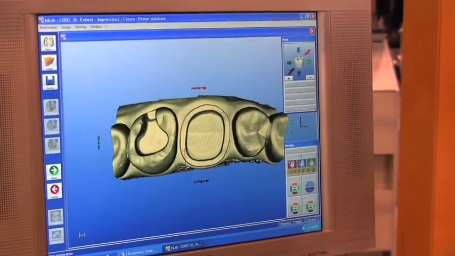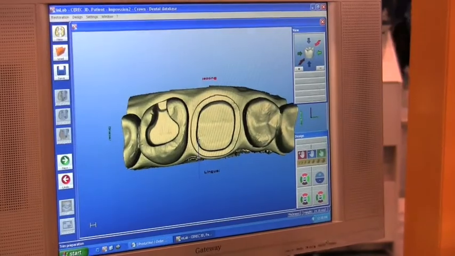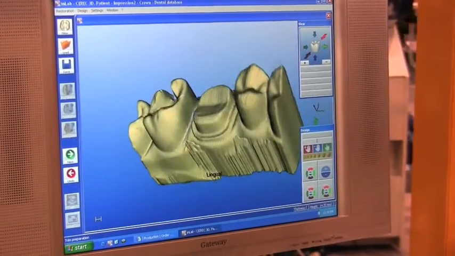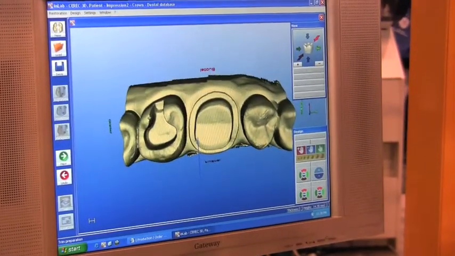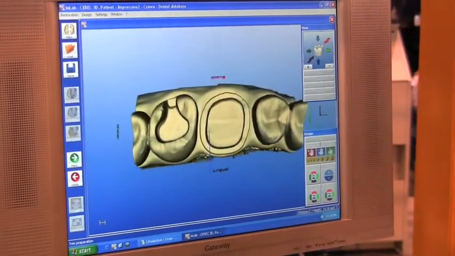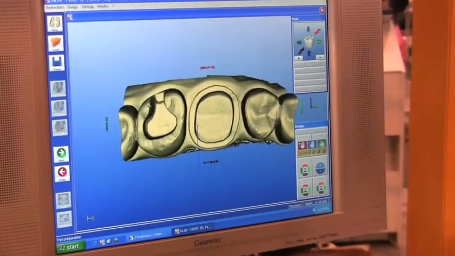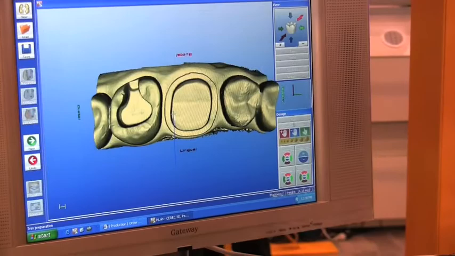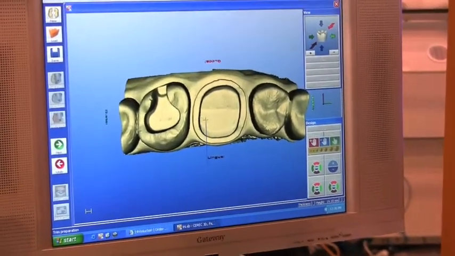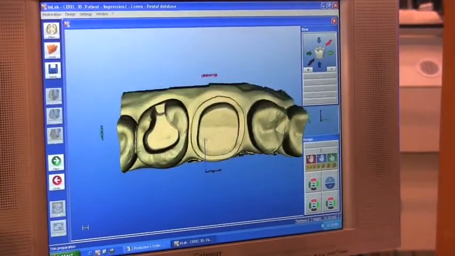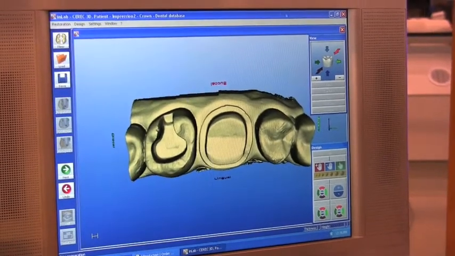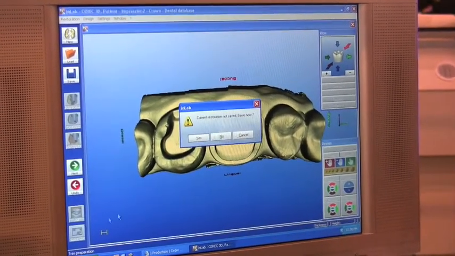We now have the digital impression transferred over to a three-dimensional model that I can review. I can check the margins, I can check the information of the restoration, make sure that everything is actually good. Once I've ensured that the digital impression is a good impression, I can now go ahead and close this out,